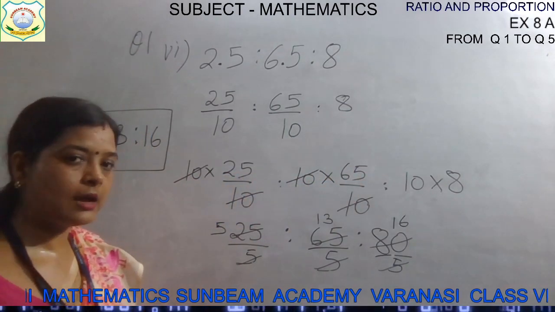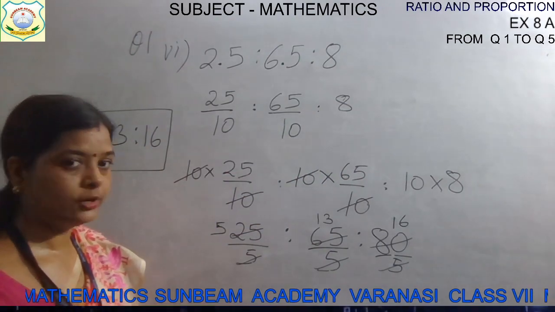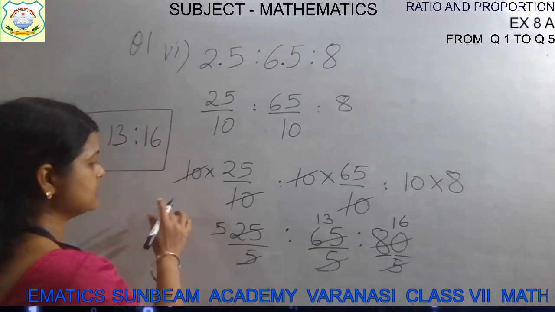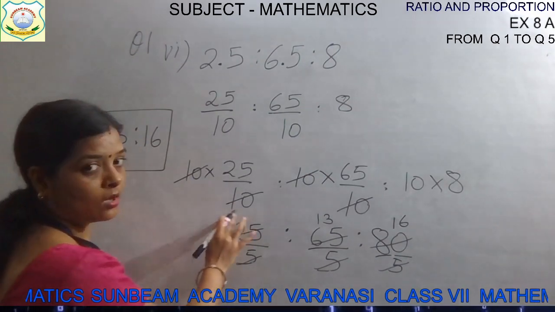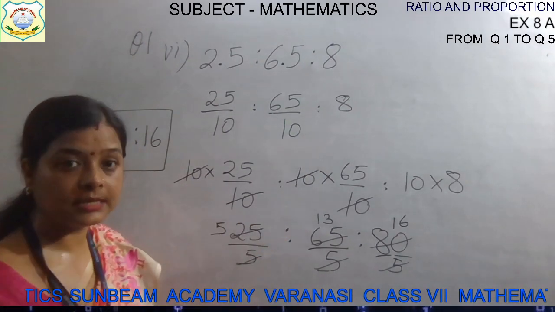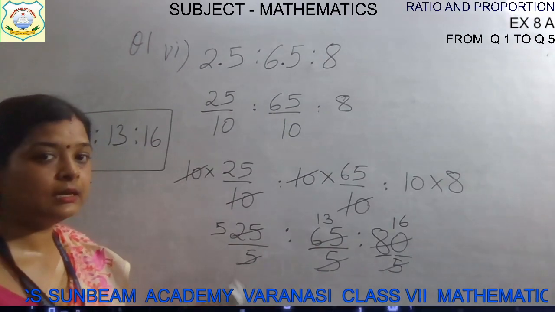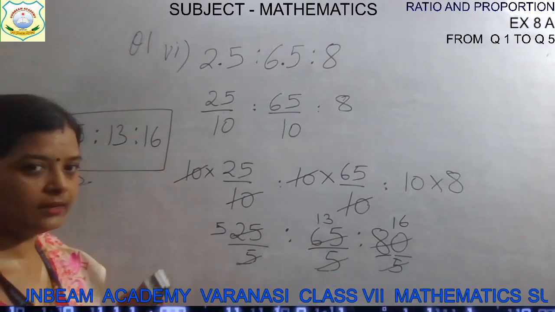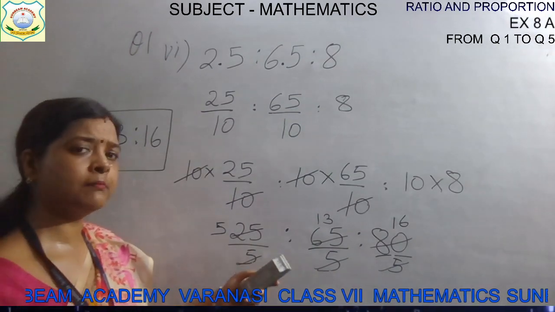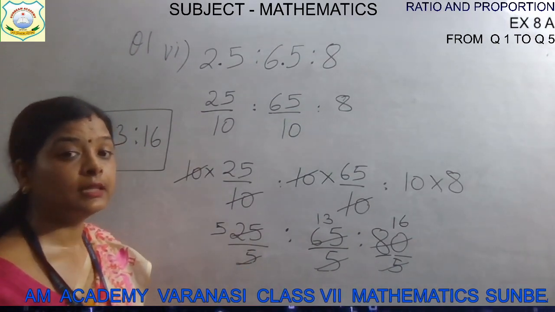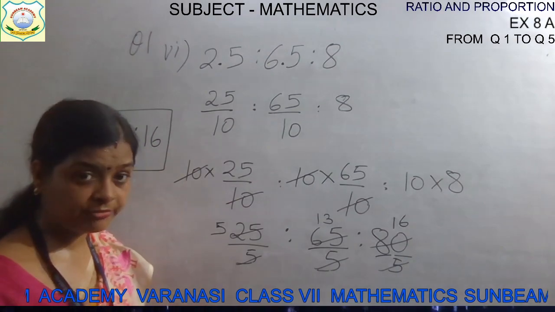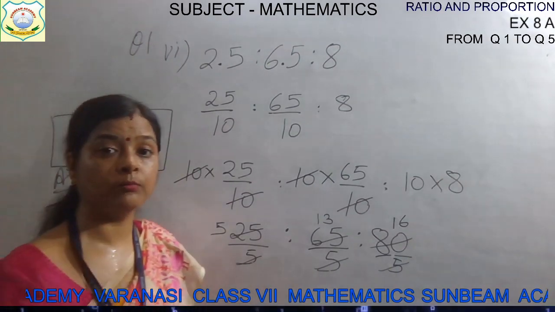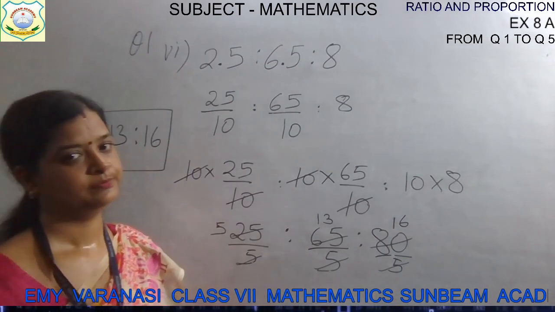And then at last, our denominators are not there. At last what will we use? We will take the HCF, dividing all the three numbers by their HCF. We will get the answer in simplest form. Clear? When you divide any number by their HCF, what will happen? You will always get the answer in simplest form.